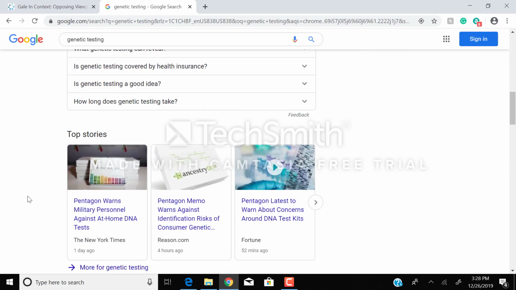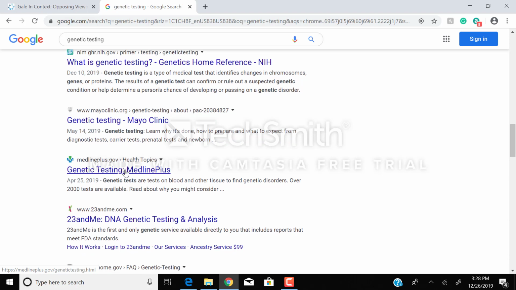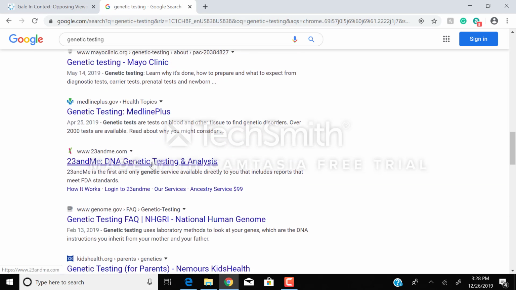Right, so here we see a wide variety. There's .org websites, which is not the worst website. You know, it's an organization, not necessarily trying to sell you something. .gov means it's from the government. Again, usually those are more authoritative, more reliable, and have higher accuracy. Now we see here 23andme.com, so they're definitely going to have a bias and a prejudice with the information they're presenting to you.